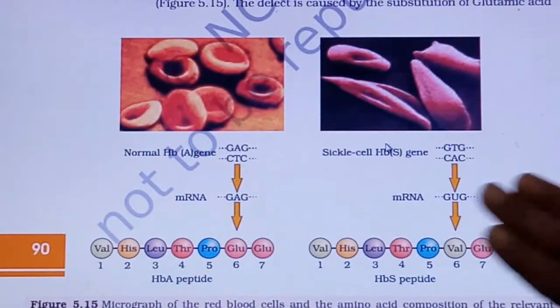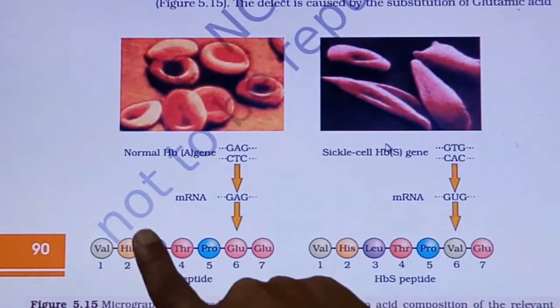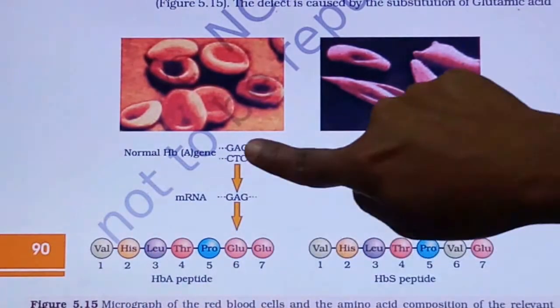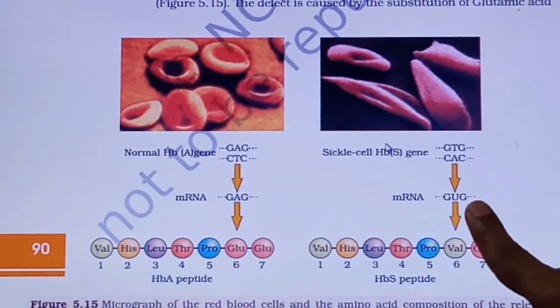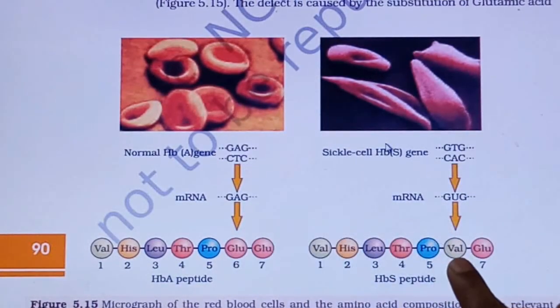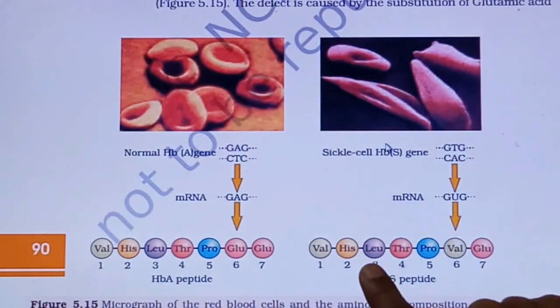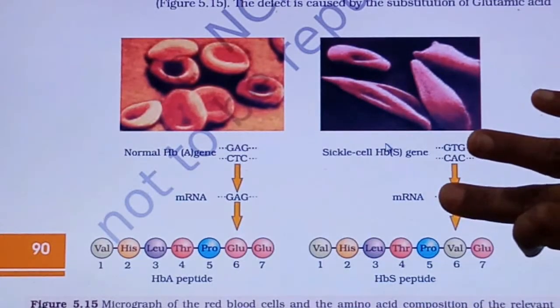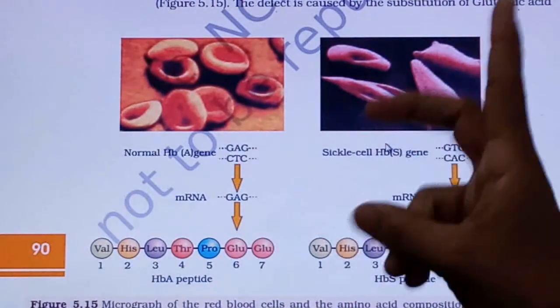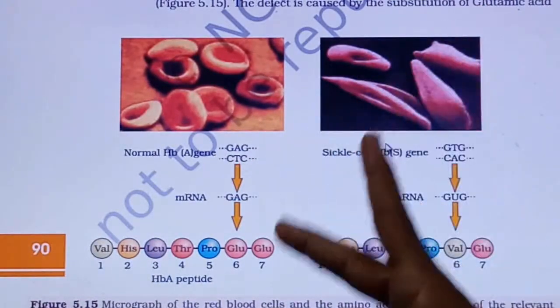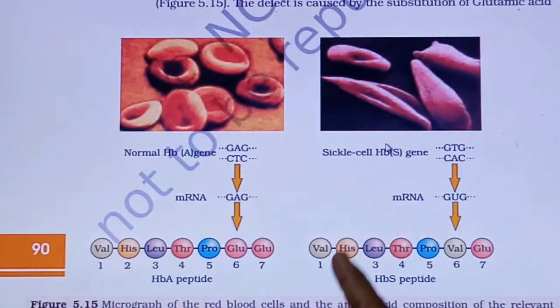Now see here, this diagram is there. In that you have to remember the change in the base pair, and that glutamic acid is replaced by valine. So this diagram also you have to prepare. Sometimes this diagram will be asked with blanks given here or here, and for 1 or 2 marks you fill the gaps or identify A and B. Questions will be asked based on this diagram. So prepare this diagram very nicely.